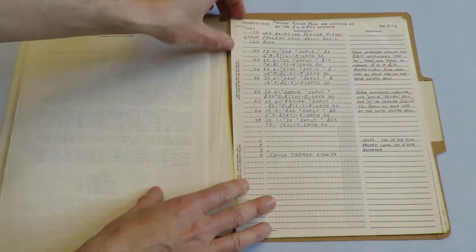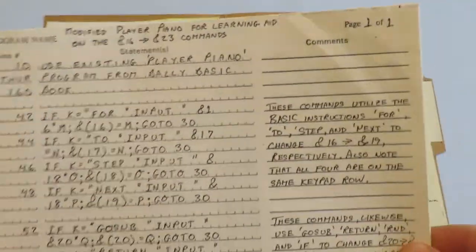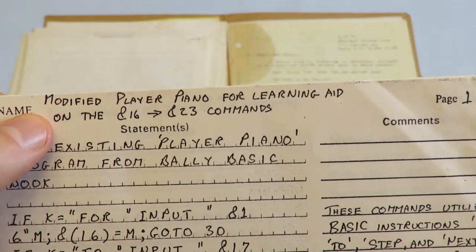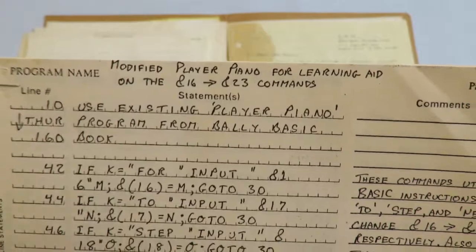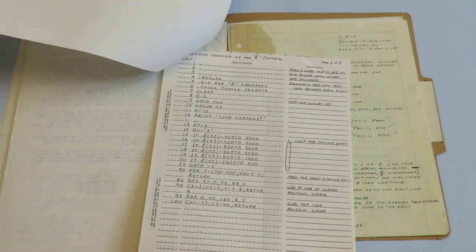And then here's a program called Player Piano. Let's see, it says, using existing Player Piano program from Bally Basic Book. And overall, this is a tutorial, I think. Modified Player Piano for learning on the ampersand 16 to 23 commands. And these commands could be used to control the music ports directly. Instead of having only beeps and boops that would come out of the Bally Basic, you could actually have actual